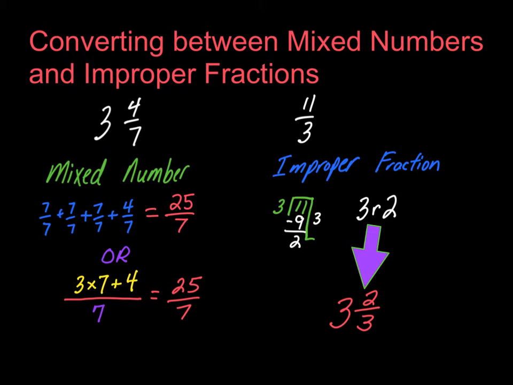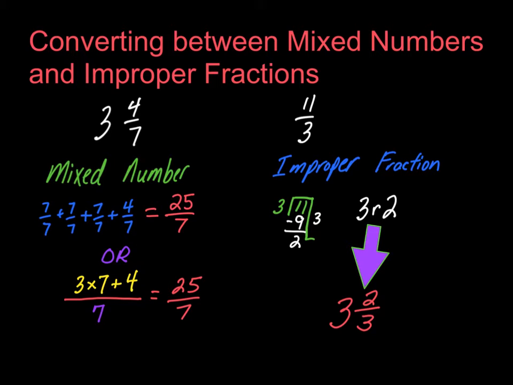Hello there. Today we are looking at converting between mixed numbers and improper fractions. Here we have 3 and 4/7, and this is an example of a mixed number. And improper would be the 11/3. Now what I did after I mentioned that they're mixed numbers, I showed a couple ways that you could convert